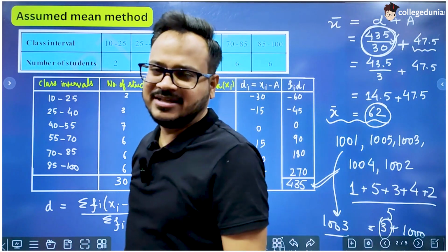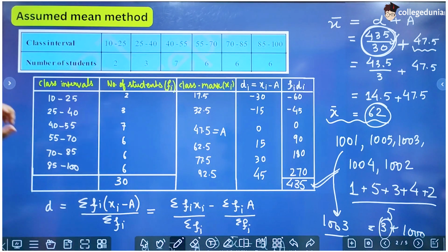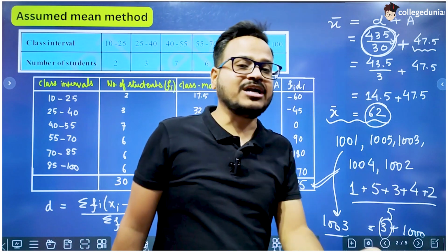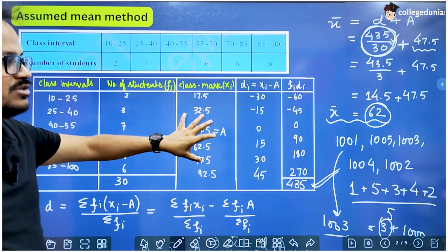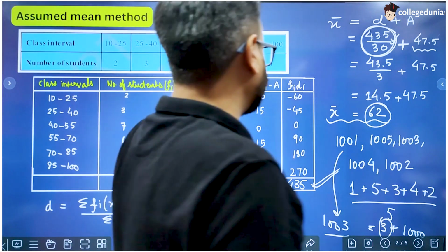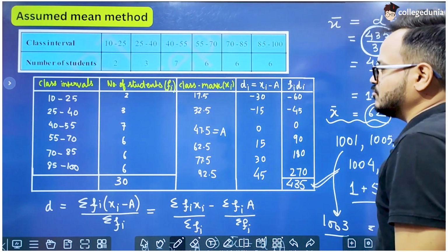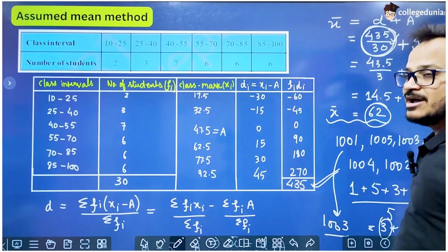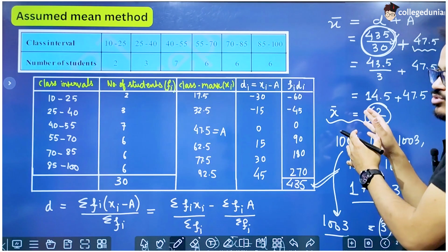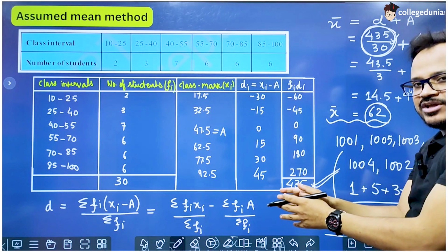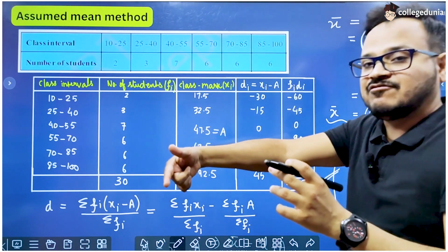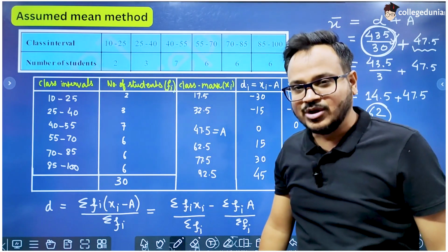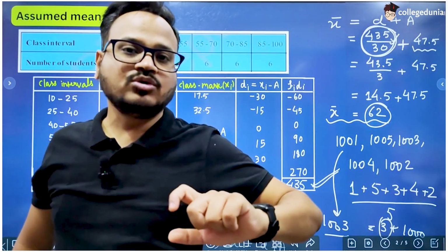Clear? So this is the logic behind this method, and this is true not only for addition or subtraction, it is true for multiplication or division also. Now we have subtracted a value from all these values. There could have been a next step also, because in each of these values 15 is common. We can divide all these numbers by 15 and find the mean of the new values. Then we will multiply that mean by 15 and add 47.5 to that value. So we have to do the reverse steps.